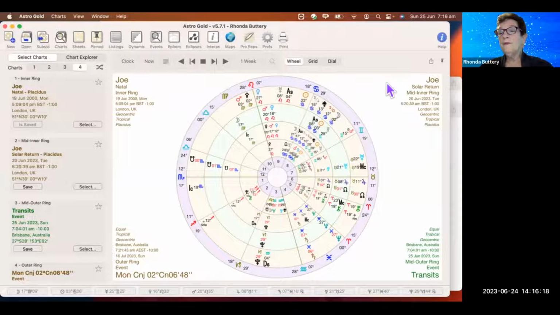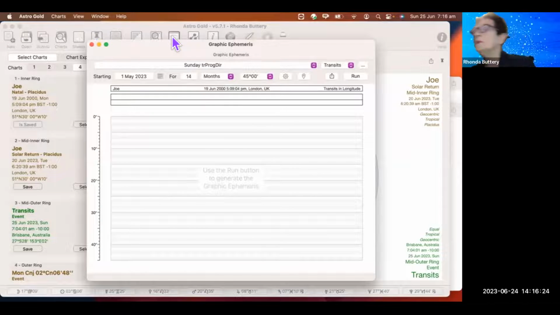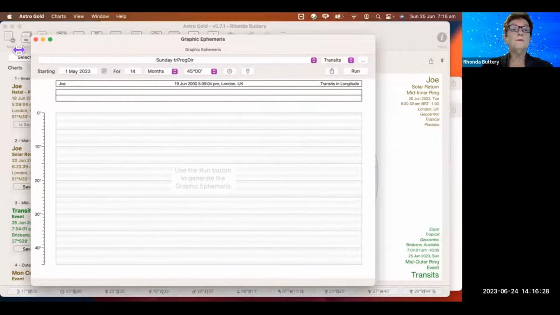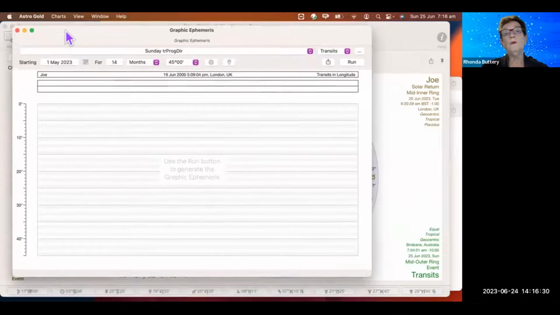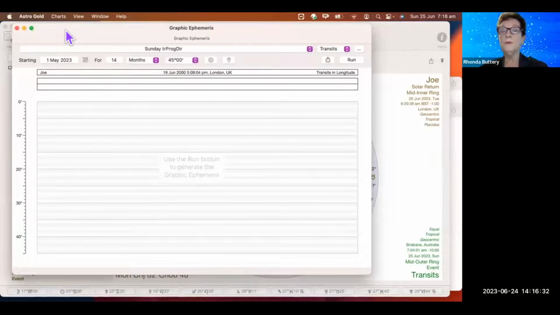One of my favorite features in both of our software main programs is the graphic ephemeris. How am I going? Quarter past. Graphic ephemeris puts what you're going to be seeing in a graphic form. If you imagine a sphere opened out to a cylinder and then opened out to a flat page, that's what